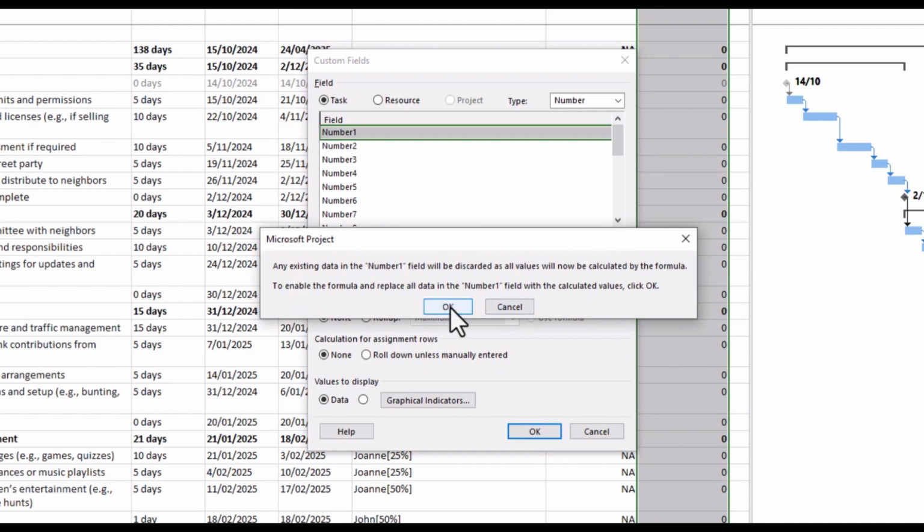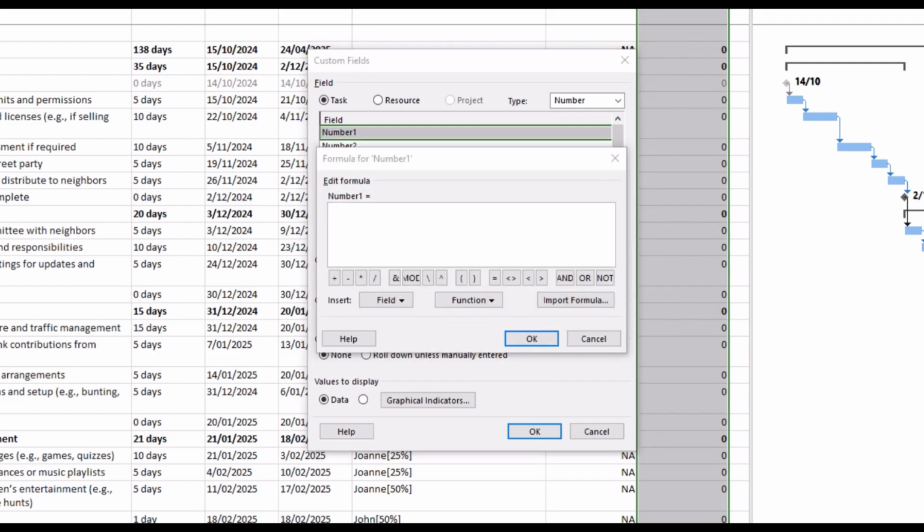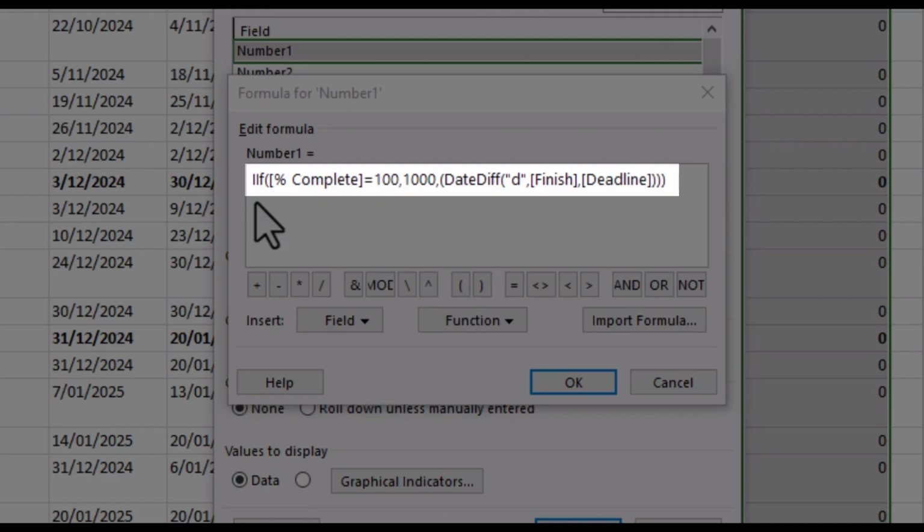Simply click OK, we're comfortable with that, and then click on the formula button. Now, one of the things with Microsoft Project is that they use different formulas, although they're similar, but they are different formulas to Microsoft Excel. But don't panic. I will include this formula in the video description that you can simply copy and paste and use in your schedule. And the formula you can see here is effectively 2 different if commands. Now you'll notice that instead of if, it's double if in Microsoft Project.